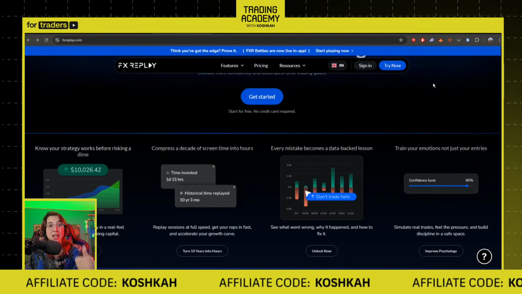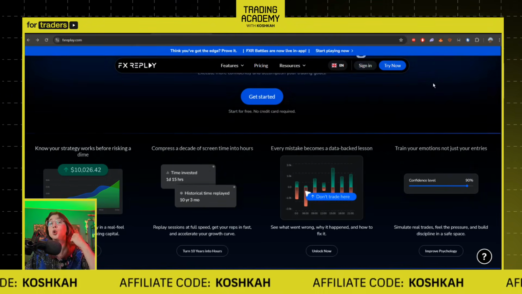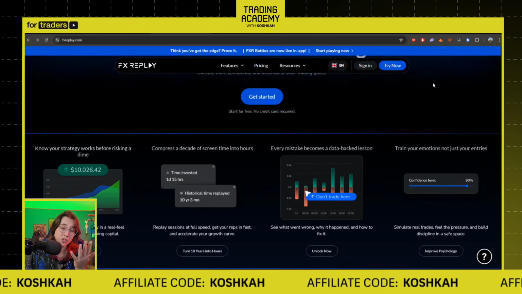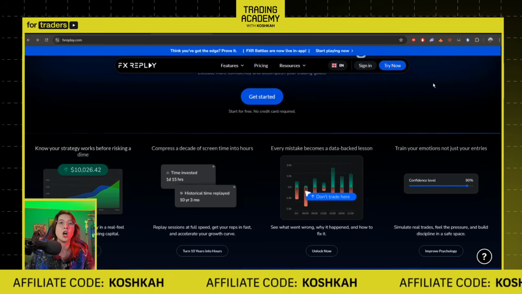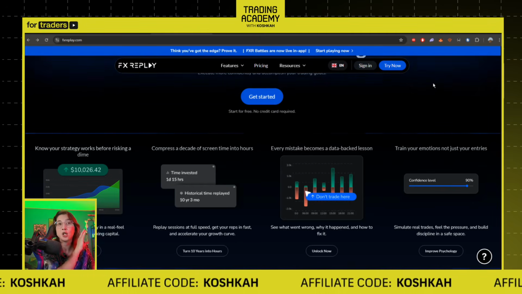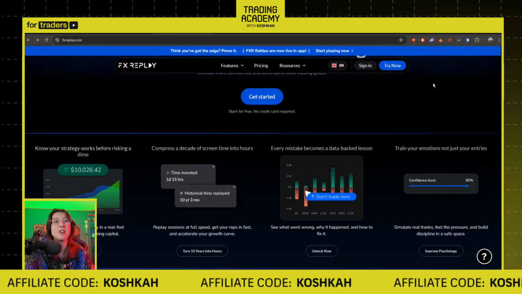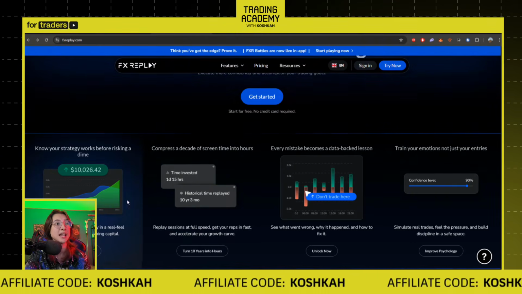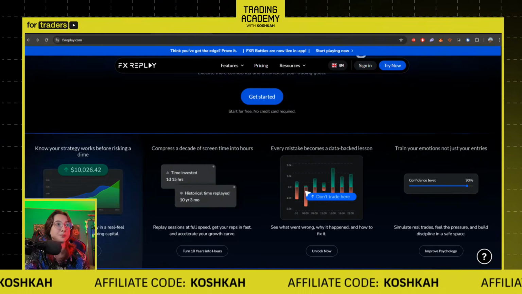It tracks your PNL, your risk-reward ratio, your win rate. It gives you the progression curve when your trades are happening, the sessions, the journal and stuff like that. So you can journal directly in FX Replay. So you have a lot of things that you can do directly inside FX Replay. So as you can see right here,